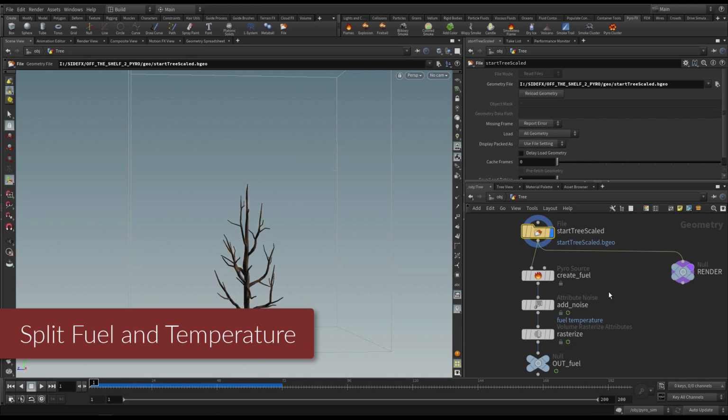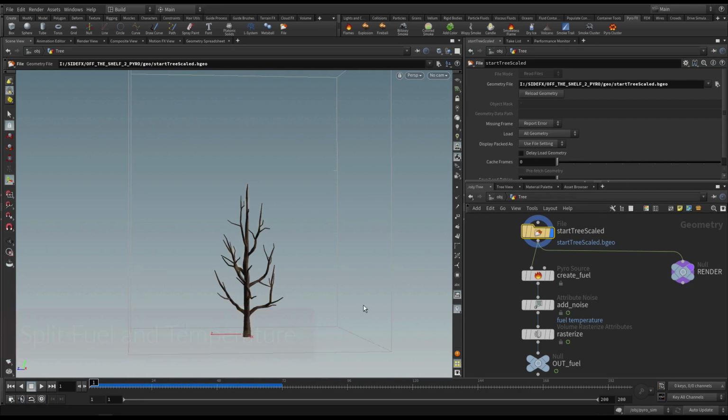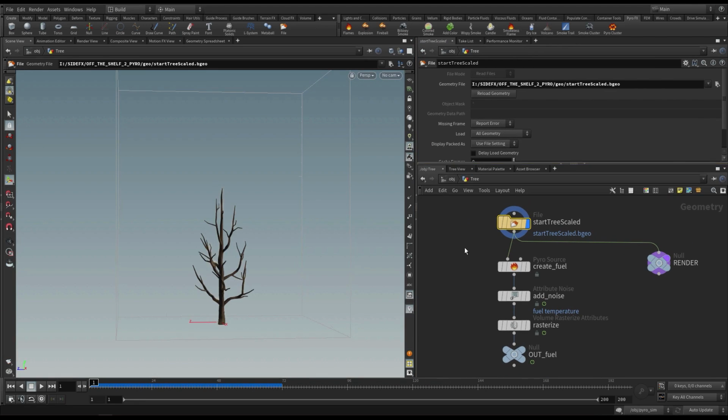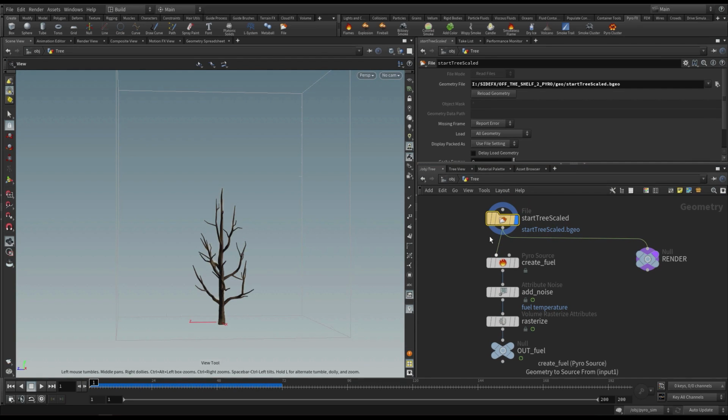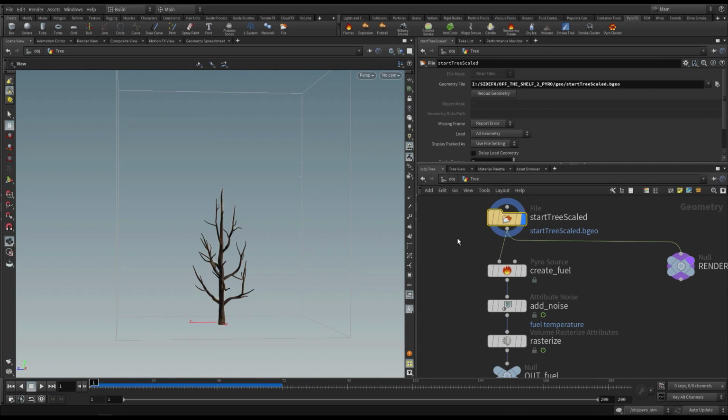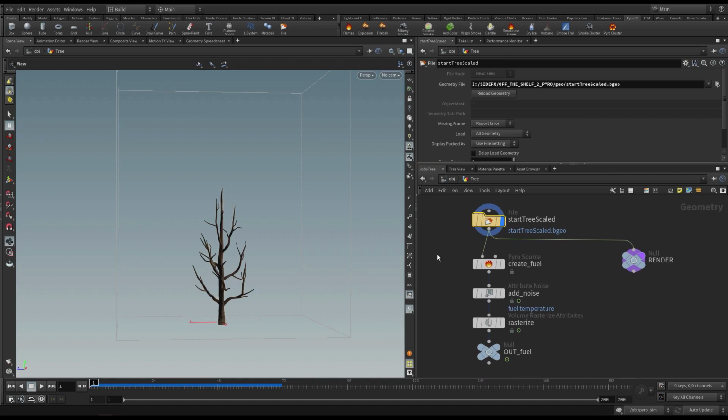As I mentioned earlier, I'd like to split up the fuel and the temperature. So the aim is that the tree is just hanging there, something hot comes past and the tree bursts into flames. So we want a bit more control over this. So how can we do that? Well, if we look inside the tree network here, we have the tree geometry, and we have this